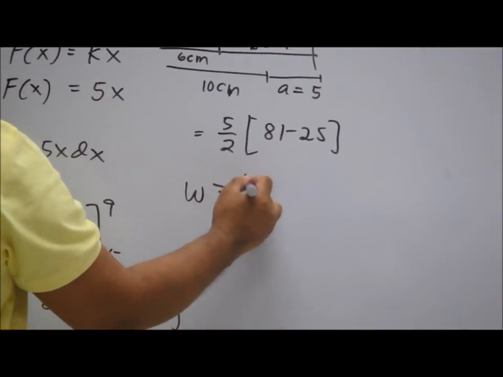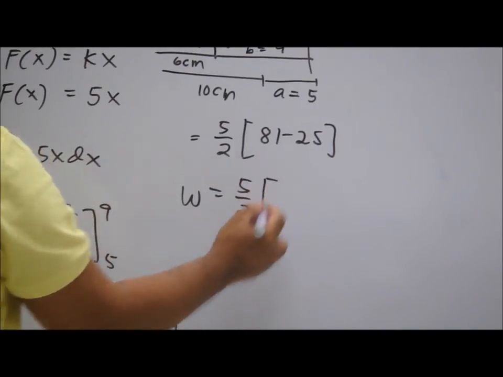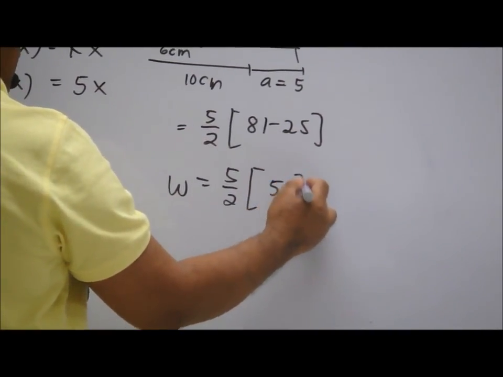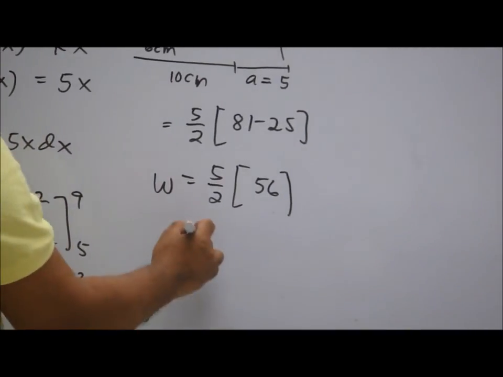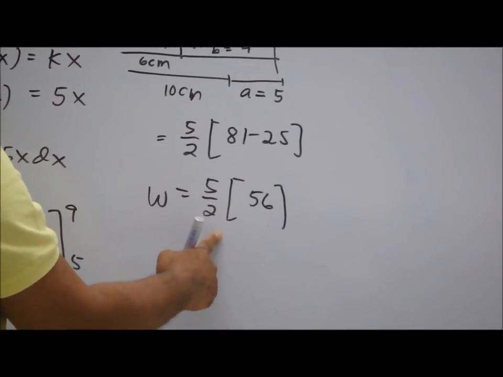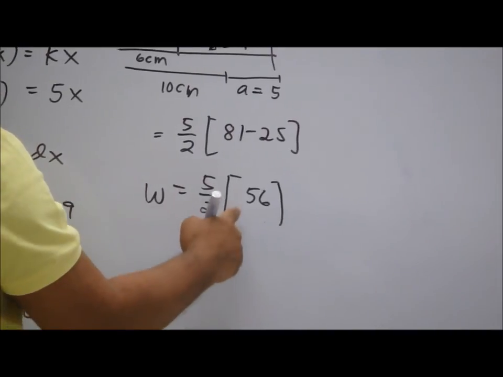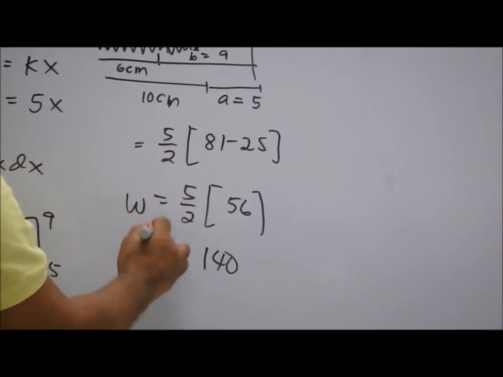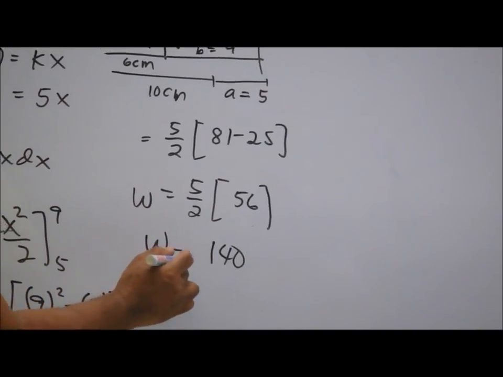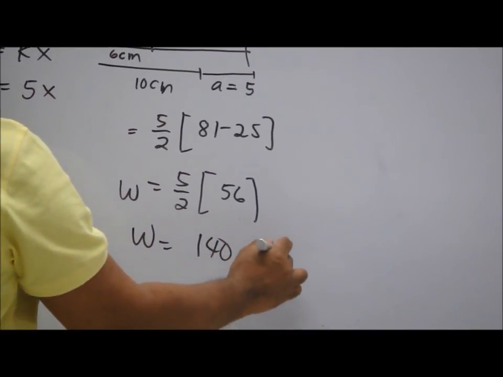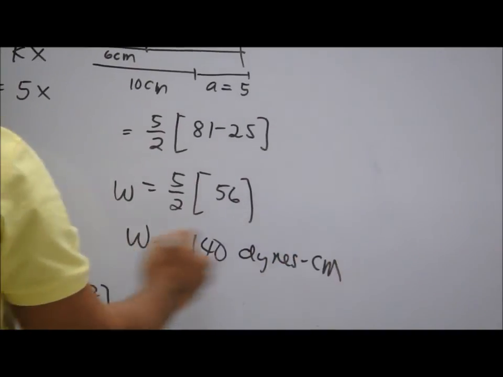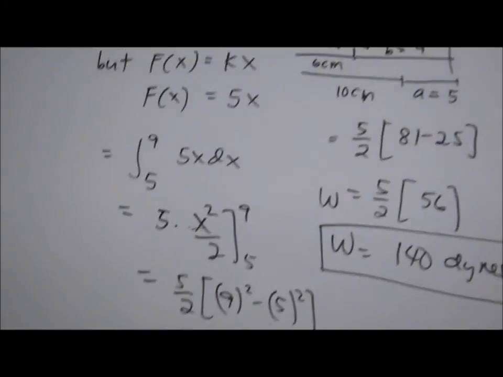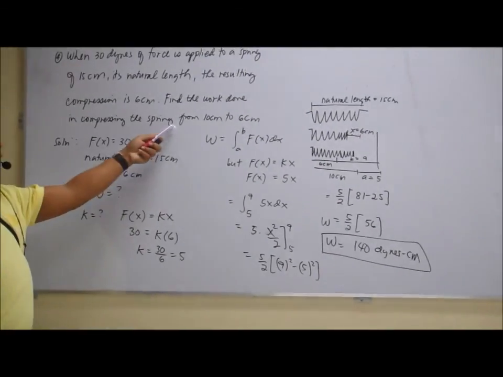So the work done is 5 halves, and 81 minus 25 is 56. And 56 over 2 is 28. 28 times 5 would be 140. And the unit will be pounds-centimeters. Okay? So that is how we complete the work done in compressing the spring from 10